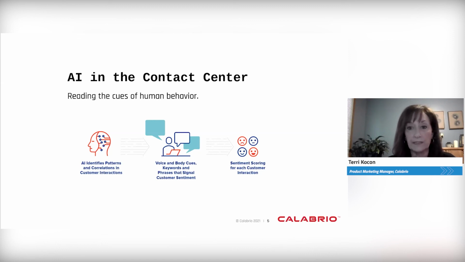Is there anger being displayed? What are the different cues that the AI engine can pick up on in order to give us an idea of the emotional content or the sentiment of what that particular contact might be? And again, this is an extremely powerful tool that allows us to really understand